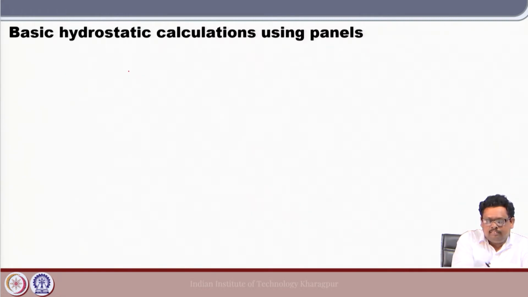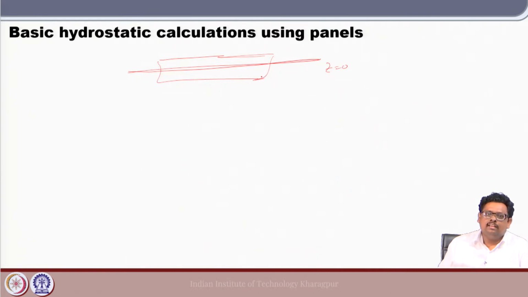Now, suppose this is some mean line, let us say at z equal to 0, there are no waves, and then you have a ship on top of it. This is the pure hydrostatic condition, at z equal to 0 with the mean sea level, and at t equal to 0 we assume that there are no waves and the ship is in a static position. This is the physical phenomenon that you need to confirm through your numerical